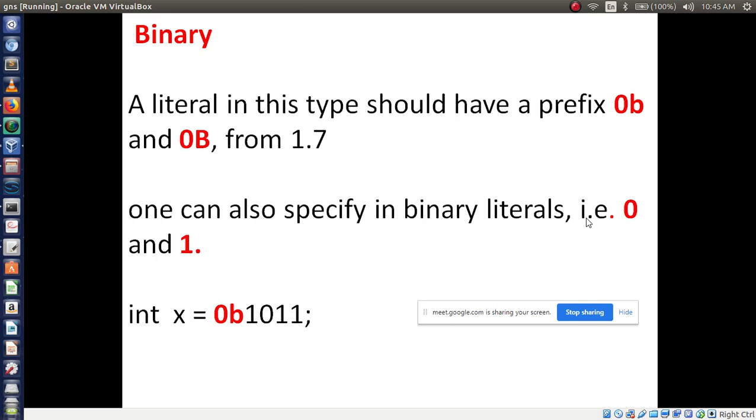Apart from 0 and 1, we have to prefix 0b, which is very important. So int x is equal to 0b1011. This is the binary form of representing a number. So it is about binary.